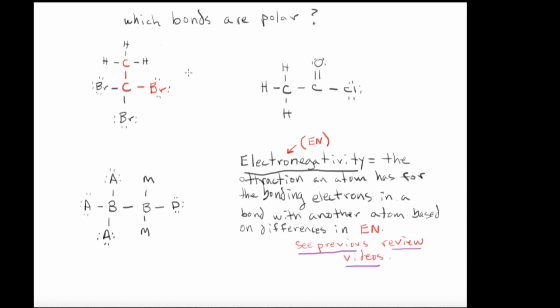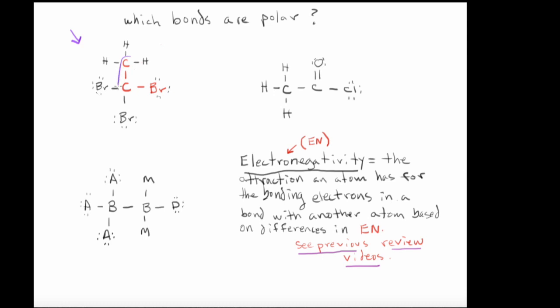One of the main points that you can use to help you with analyzing different molecules is to remember that most of the atoms on the periodic table, this is not an absolute truth, have differences in electronegativity. So just about as long as the two atoms in the bond are different, then that bond is going to be polar. For example, if we go through the molecule on the left first,